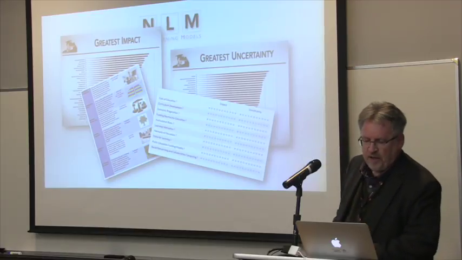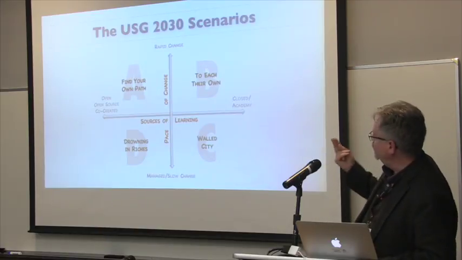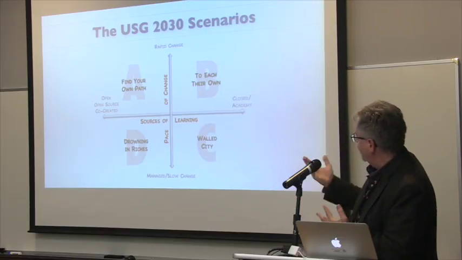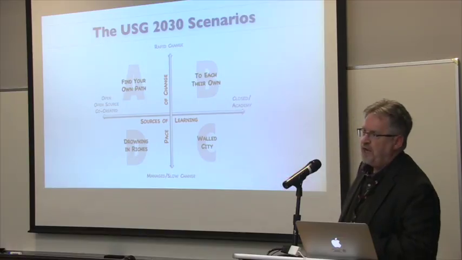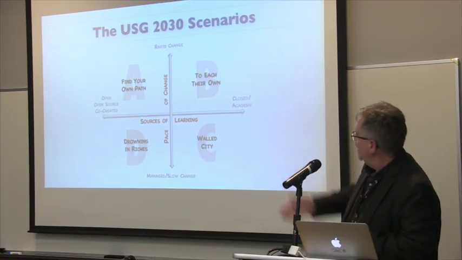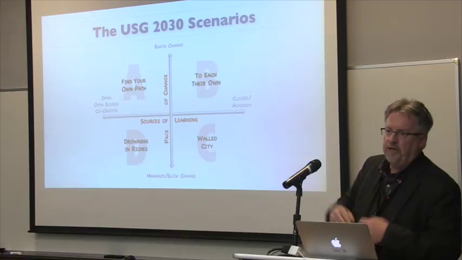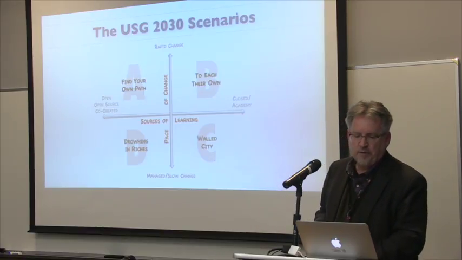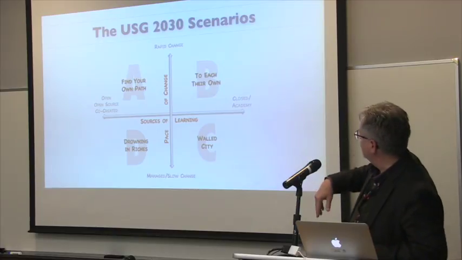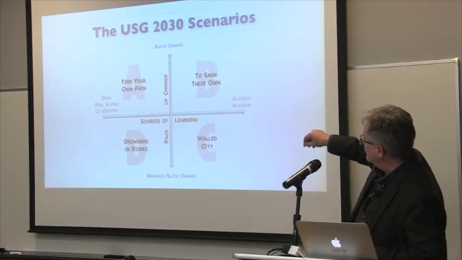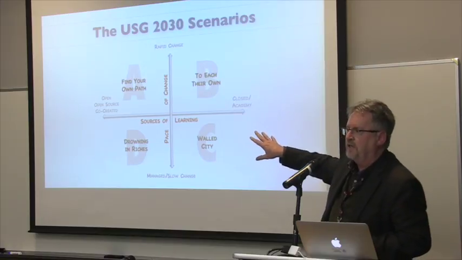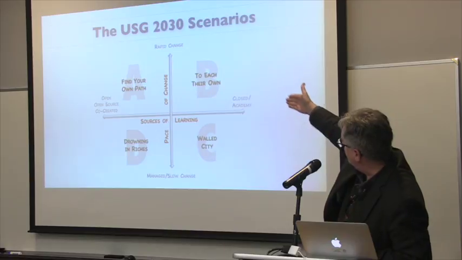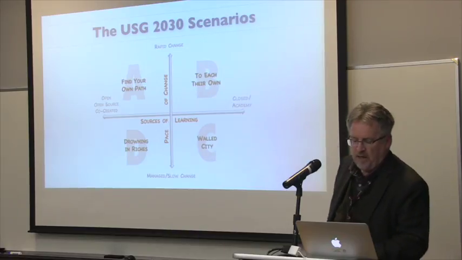What we did was take those and come up with 2 characteristics or 2 elements that were the most important, according to our group at the time: the pace of change from slow to fast, and the sources of learning, really open education resources and things, and who controls the sources of learning. When you take those and cross those, you get these 4 quadrants that give you different characteristics for a scenario. So this 1B on my side, to each their own, has rapid change in a closed economy.